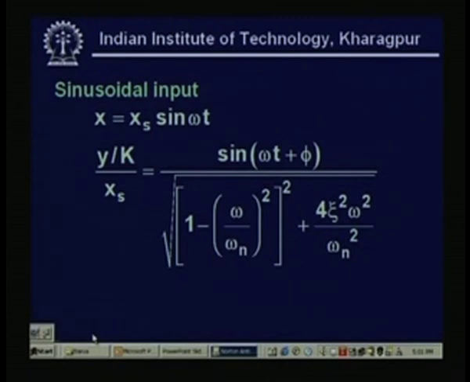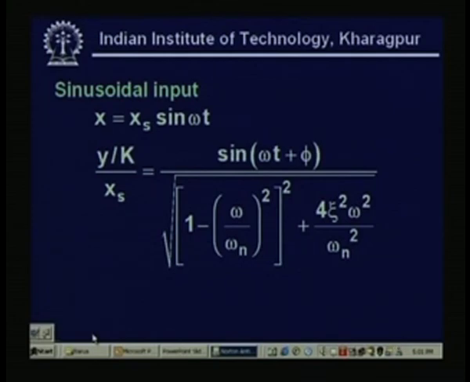And y by k, the output, normalized output rather, y by k xs equal to sin omega t plus phi, over the square root of 1 minus omega by omega n square, whole square, plus 4 xi square omega square upon omega n square. Here you will find that omega n plays a very important role in the case of sinusoidal input,